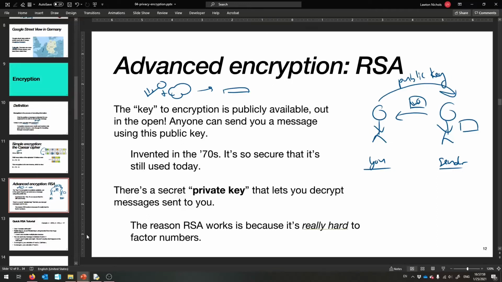And you, over here, you have your private key. That can decrypt any message encrypted with your public key. That is the idea. Okay, so it's like a lock that takes 2 keys to open, and you give out one key, and that's enough to send the message, but to decode the message again, you need that private key back. Okay, so yeah, that is the idea. There is this secret private key that lets you decrypt messages sent to you, and